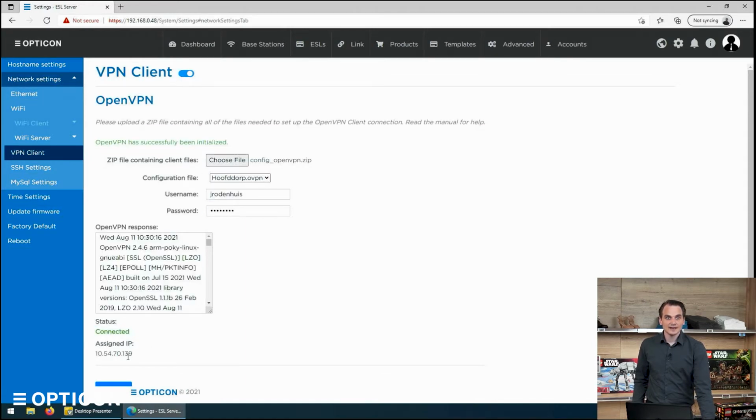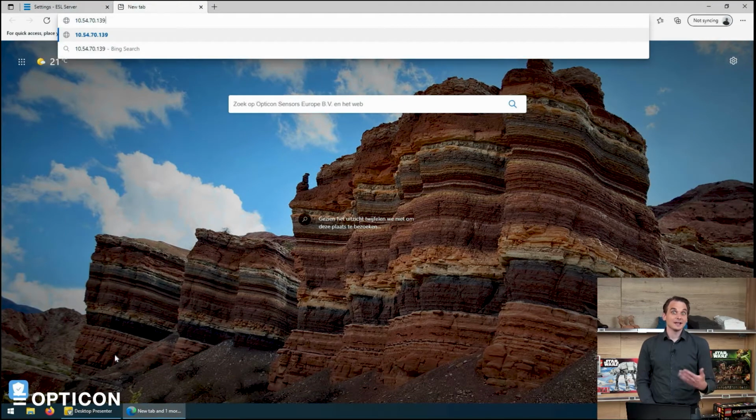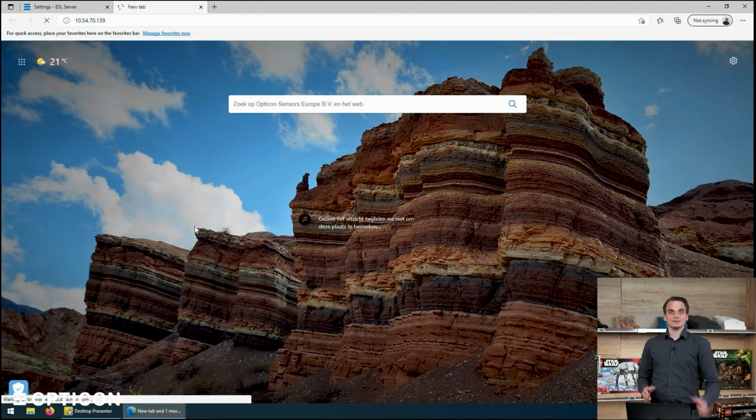And the IP that has been assigned on that network is this IP. And well, since we're actually in the office right now, I can also find the EBS-50 through its new VPN address. So now it's listening to its own IP address, it's listening to tutorial.local, and it will be listening on this private network address that it received. So let's move on to